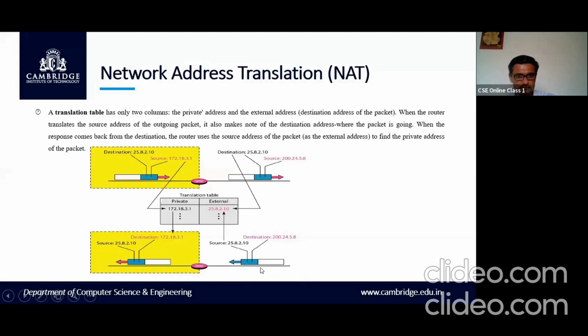This is replaced with this, and this is replaced with this. That is done by the receiving NAT router.